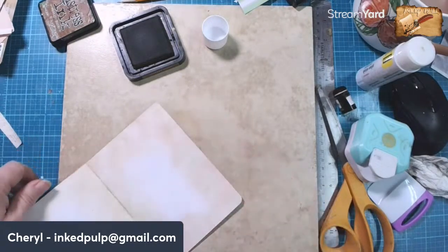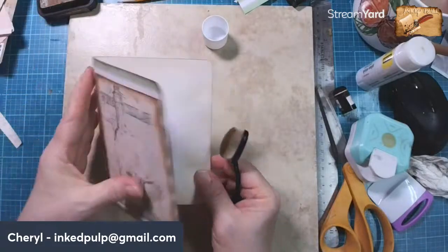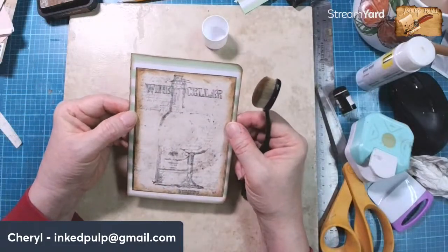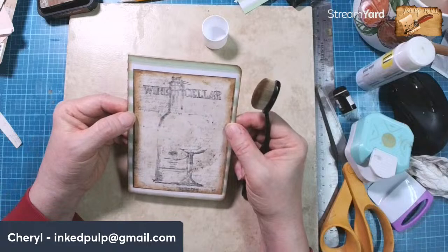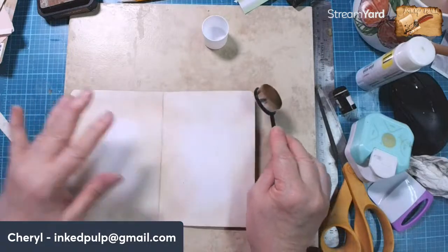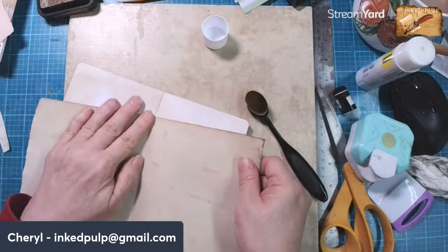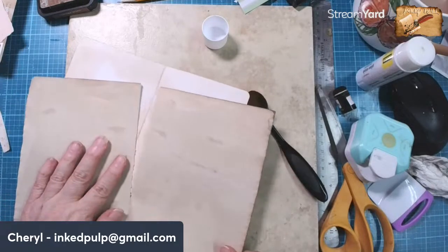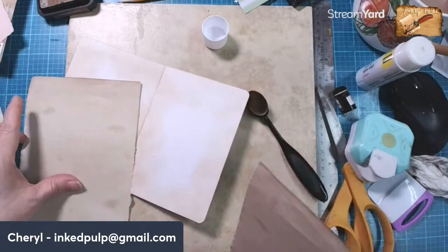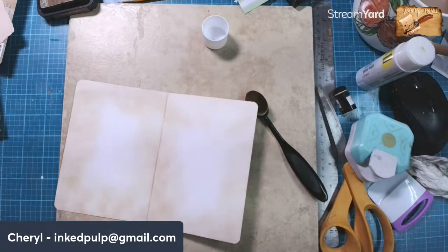All right. There's that. So here's the front. Wine cellar. All right, what I want to do here is take some coffee dyed paper, and I am just gonna